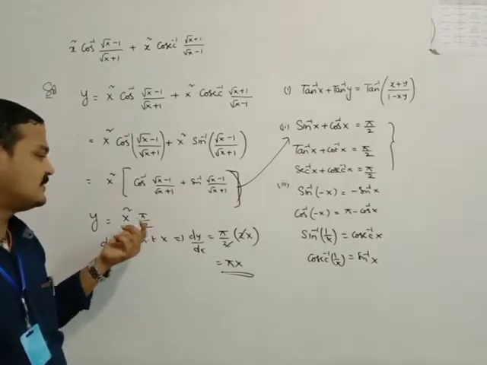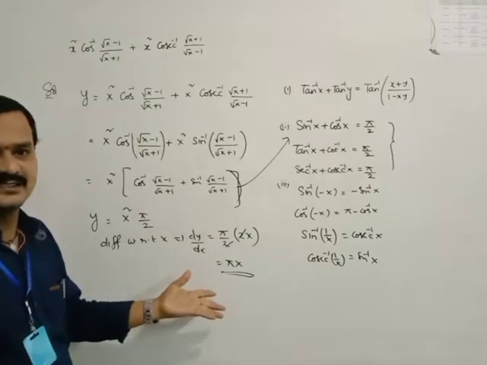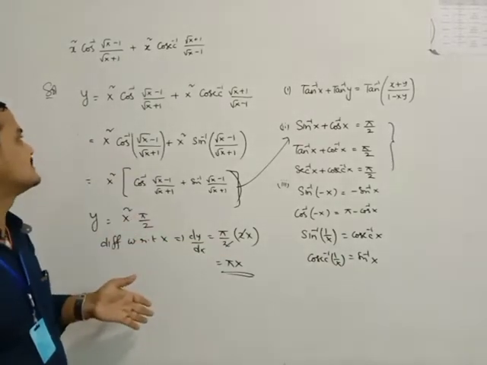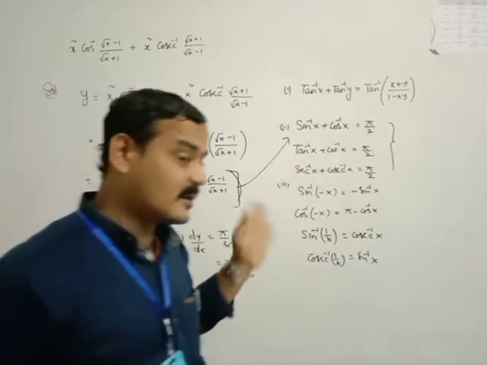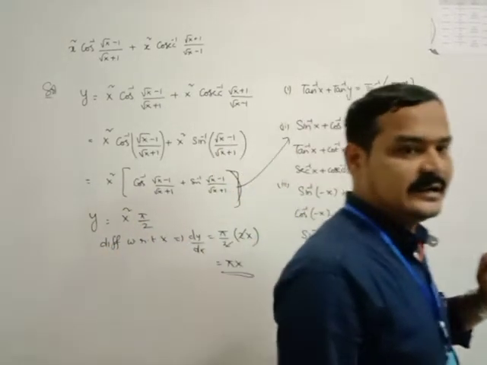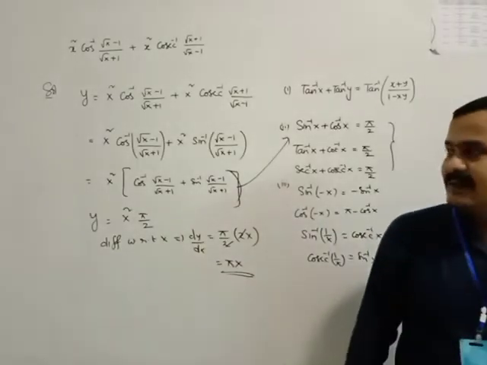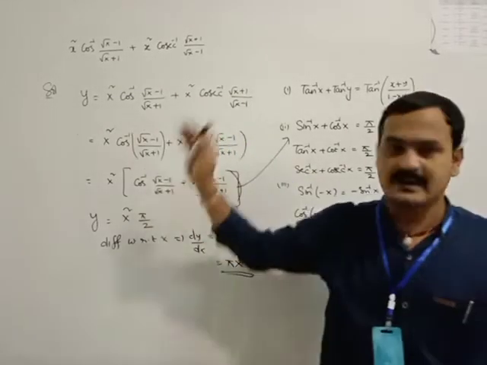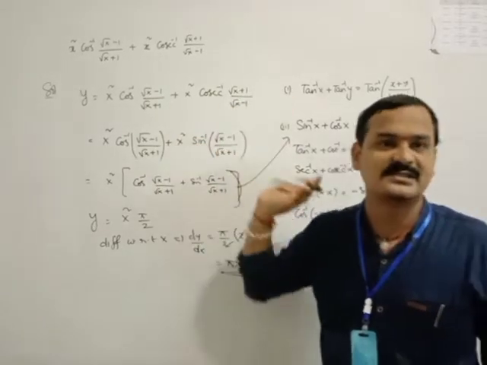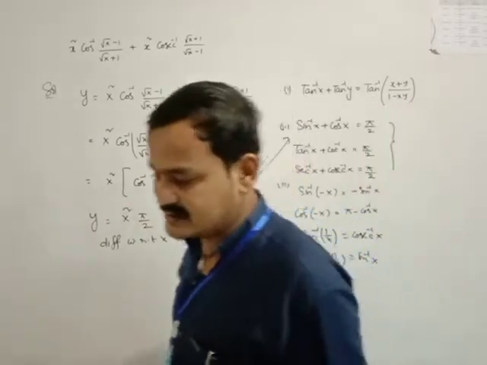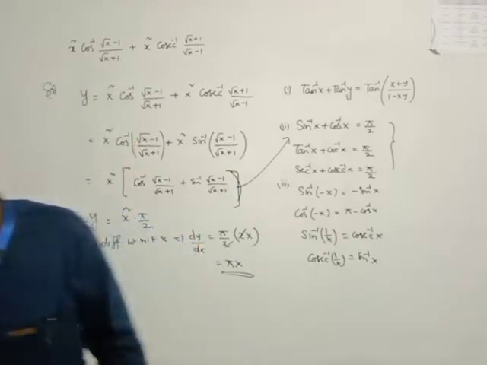So pi by 2 into the derivative of x square is equal to x, pi x is the answer. Totally, there are not even 4 steps. It is a 4 marks question, a 3 marks question, again a 1 mark question, and a competitive examination question also. In Odisha JE and JE Main, it was given 1 or 2 times without changing the numbers. Root x and the functions can change, but this question keeps coming back repeatedly. So this is one good question.